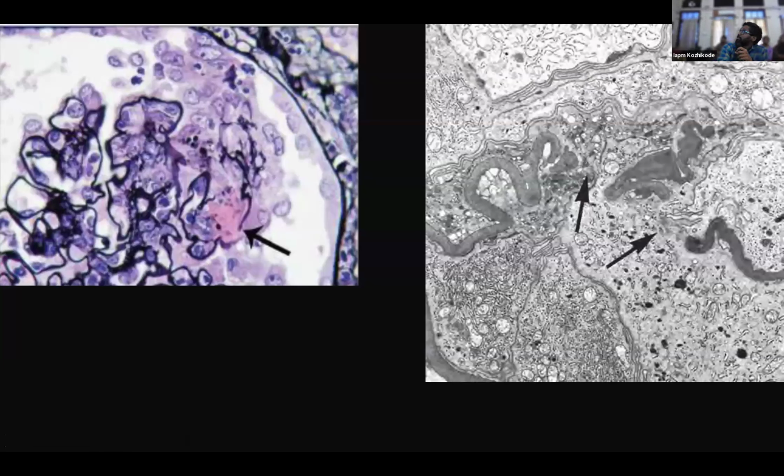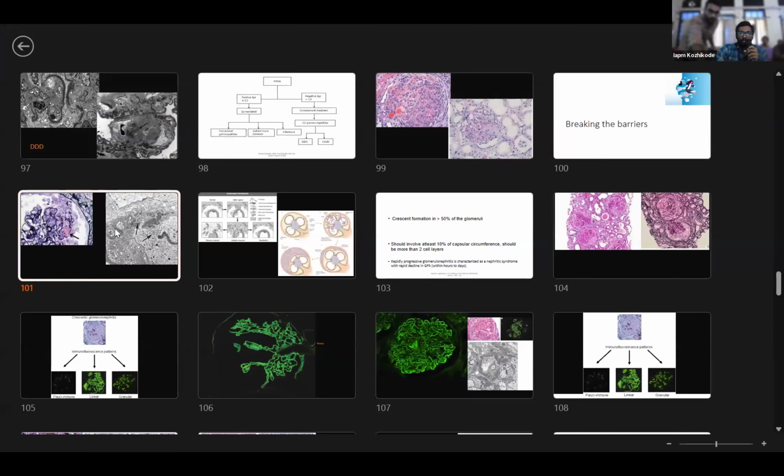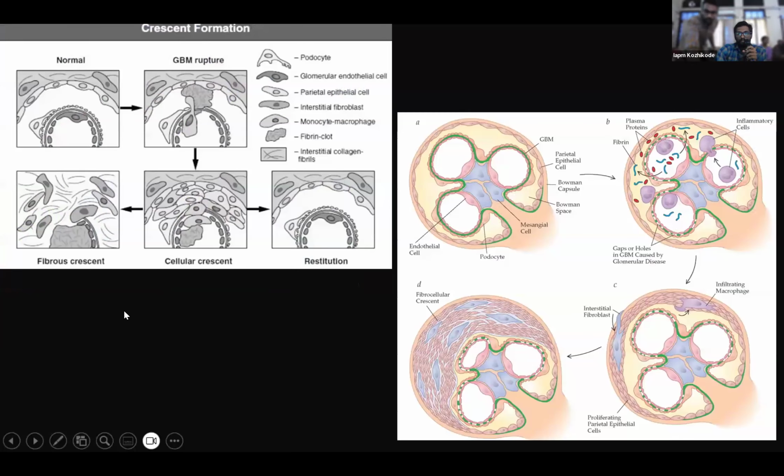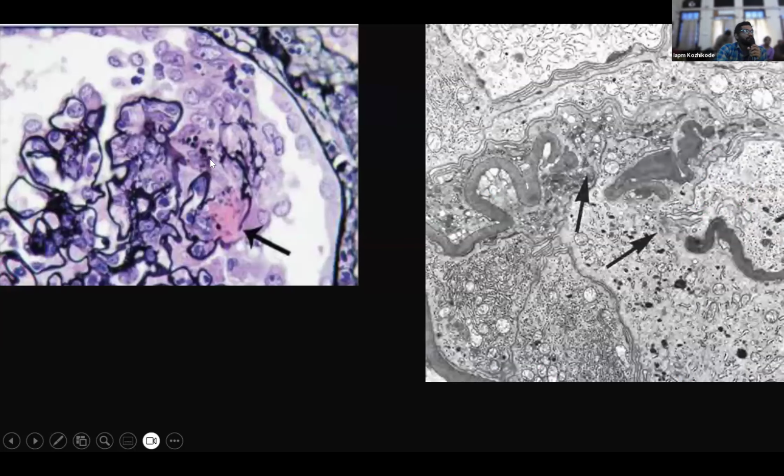See, what has happened here? So this is our capillary loop. It is broken. Remember, capillary loop is just another capillary. This is an EM of the same. What you are going to have is bleeding of the blood into the